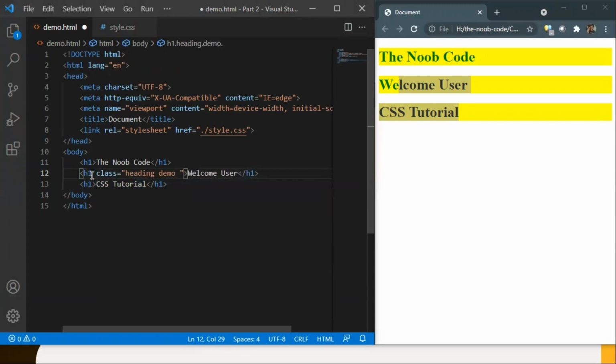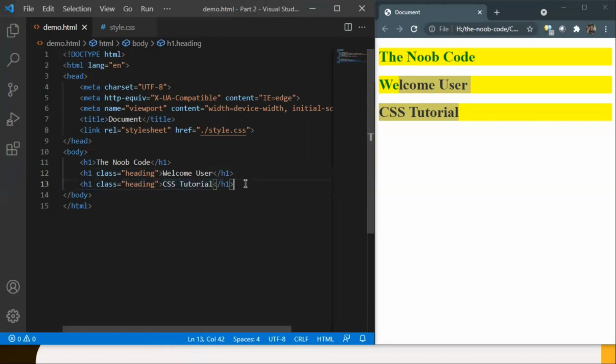We can write many class names here, just need to separate the class names by space. But in our case, we only need one class name. So let's define it as heading, a meaningful name here. And we will define this heading class on multiple elements. So here, the two heading elements which we want.